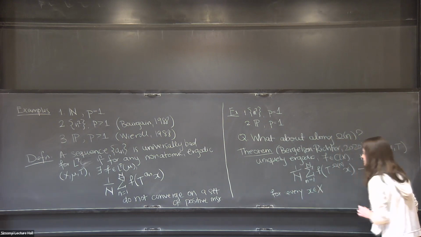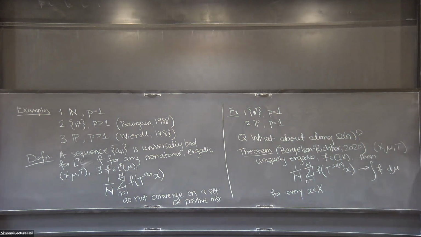I think if you want the almost everywhere result, then the same methods of Bourgain should work. If you were just interested in the almost everywhere result, then the same methods that Bourgain has. So I'm going to get to the almost everywhere result in a bit, and it actually turns out not to hold in that case. Not to the integral, but the almost everywhere convergence to some